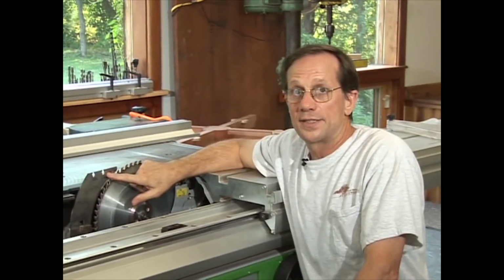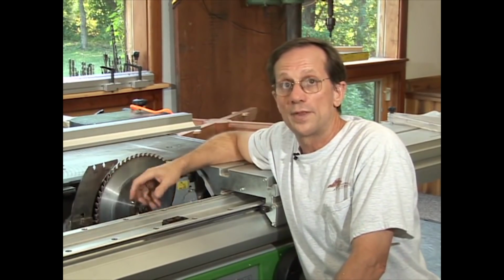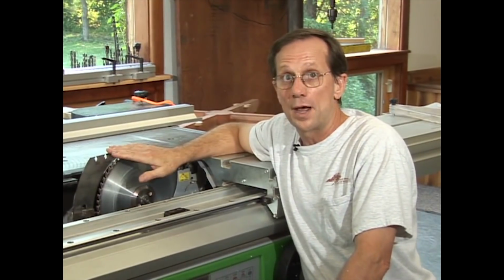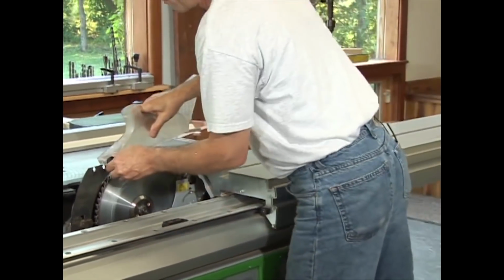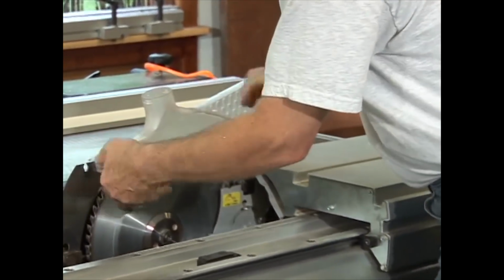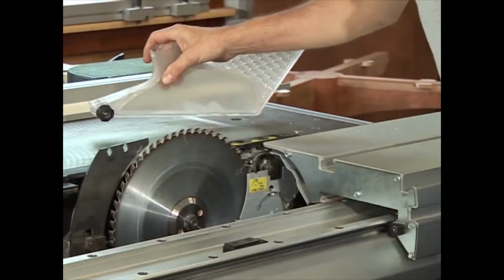A riving knife by itself, even though it prevents the most common cause of accidents on the table saw, is not enough. You also need a blade cover. And a good solution for a blade cover is one that comes on and off easily, because we have to take it on and off whenever we make a non-through cut. Even though this doesn't get in the way of making a non-through cut, if we have a cover on here or a blade guard on here, we can't make that same cut with this on here. And the solution on this one is to make one that comes on and off easily,